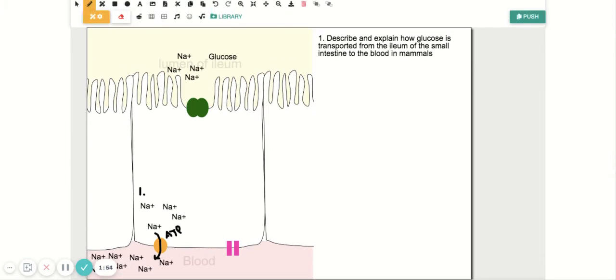What will that mean? Well, obviously then you're reducing the sodium ion concentration in the cell. So that's step 1. So let me reveal to you step 1. So that's what you should be writing as your first stage. So second step